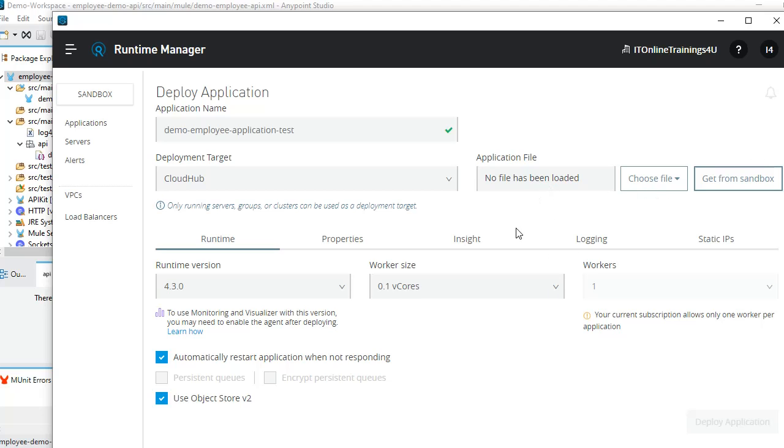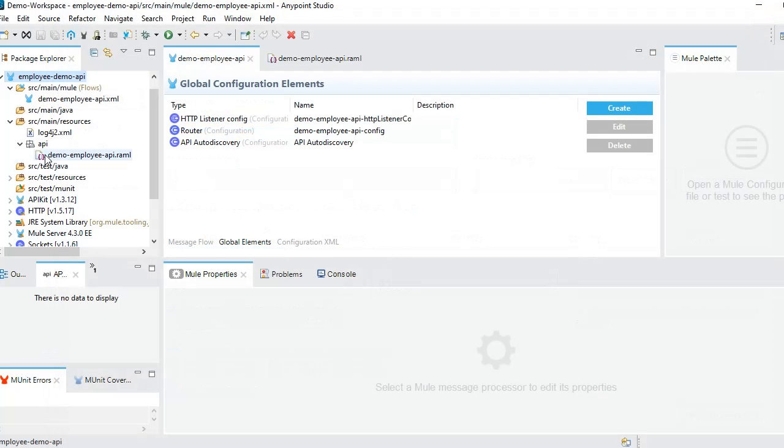Actually it will show up a file by default, then it will enable you the deploying application. Let me close it, and let me copy this application name. Okay, let me close it and check what will happen.